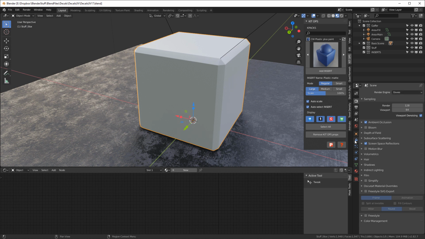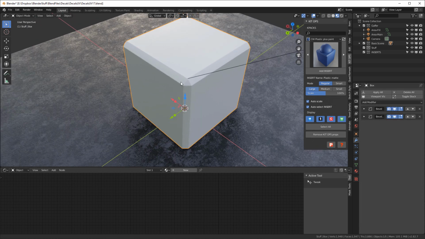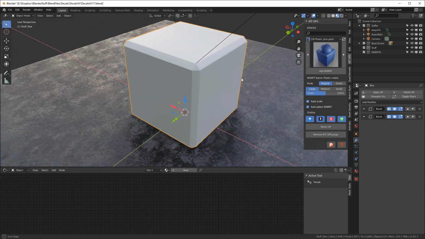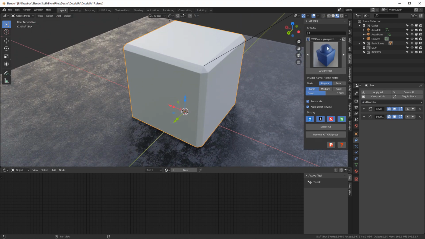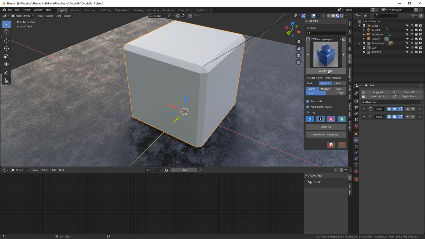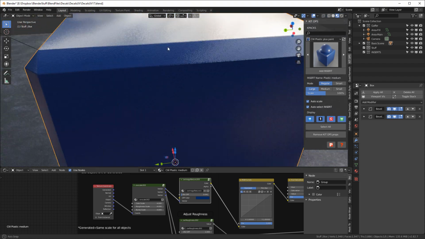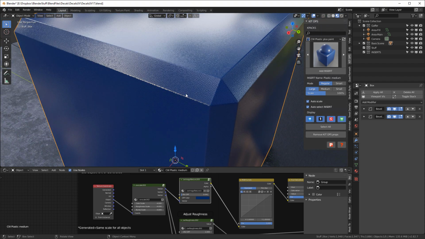I've got a couple modifiers on here, basically two bevel modifiers. First, before we jump all the way into the wood, I want to show you one of these plastics from the EEVEE Materials System. I'm going to use this plastic medium right here, and I'll hit Control and add an insert, and here's our plastic. If we zoom in, we see we've got this very nice tileable kind of bump